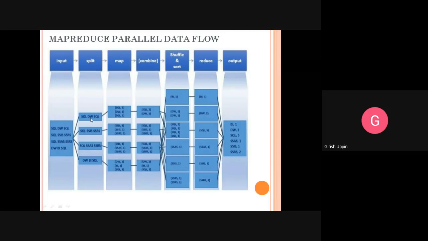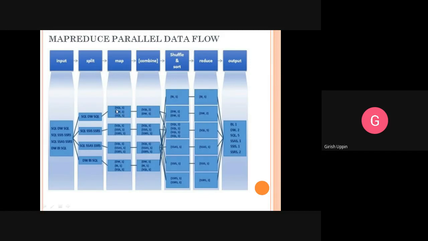Now the next step is the map. This input will go to a mapper. You can see how many splits we have: 1, 2, 3, 4. And accordingly, as there are that many splits, we will have that many mappers. So how many mappers do we have? 1, 2, 3, 4 mappers. Each mapper will convert this input into key value pairs. So what is the output of this mapper? The mapper will read this, then convert it into a list of key value pairs.